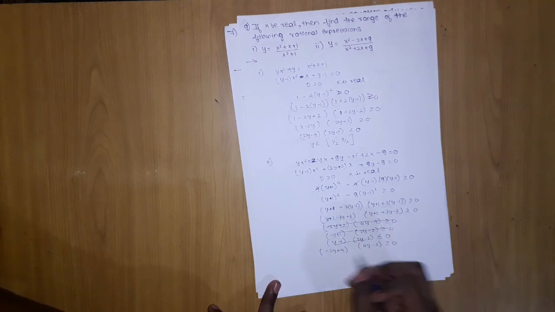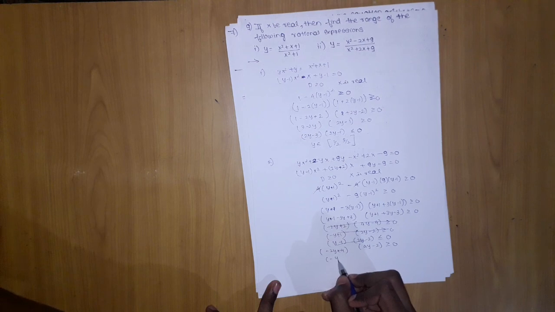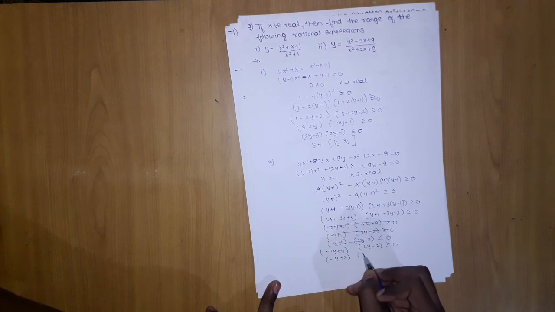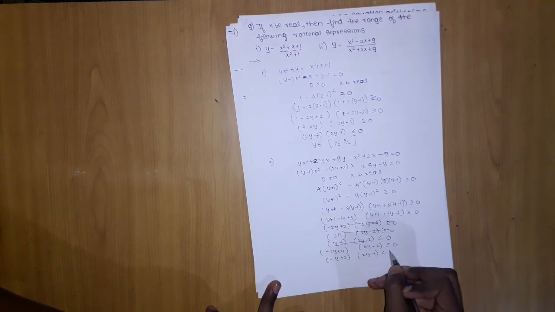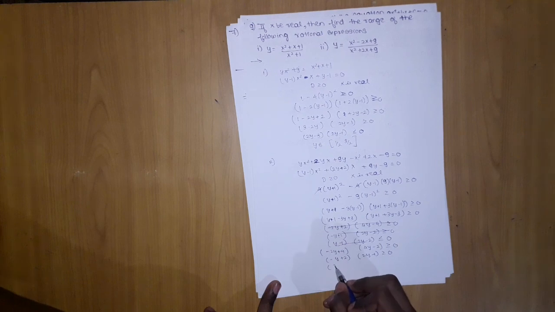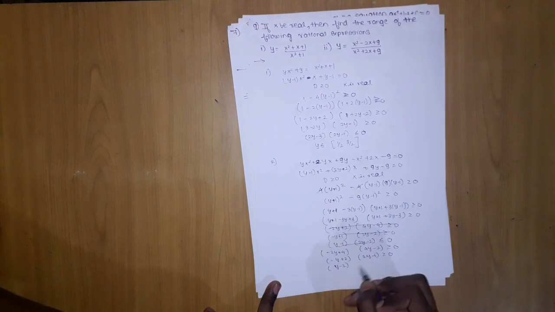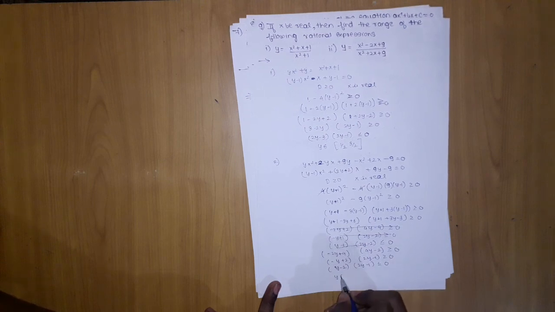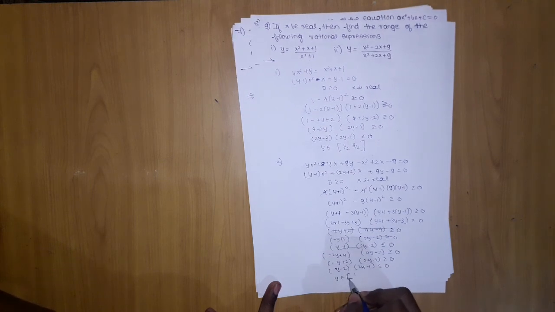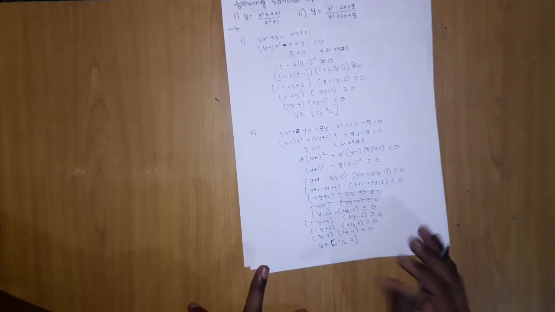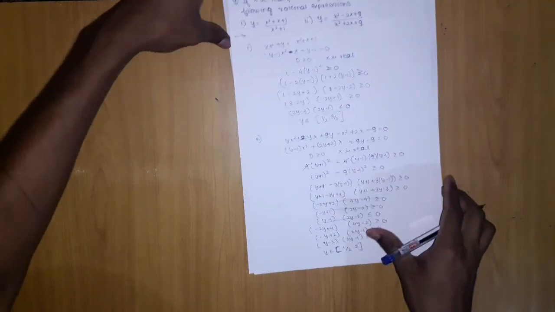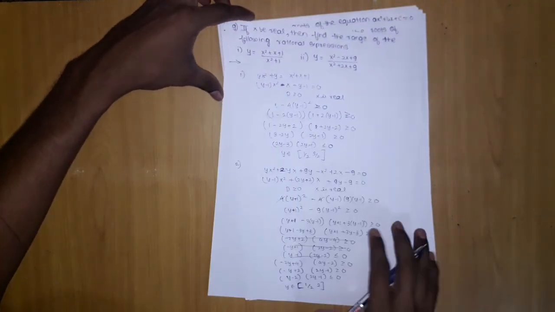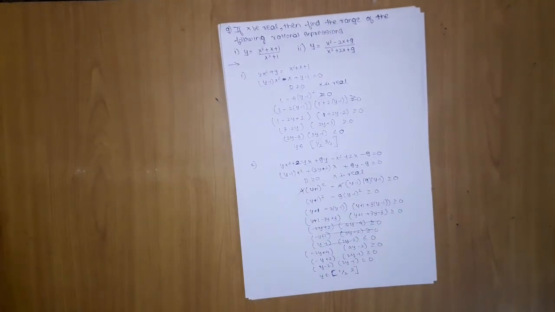should be greater than equal to 0. Taking 2 common, minus y plus 2, and 2y minus 1 should be greater than equal to 0, multiplying it by minus, so y minus 2 and 2y minus 1 should be less than equal to 0, so we will get y belongs to 1 by 2 to 2. So this is the answer. I did a silly mistake which was taking it minus.